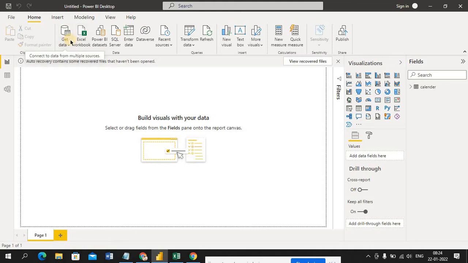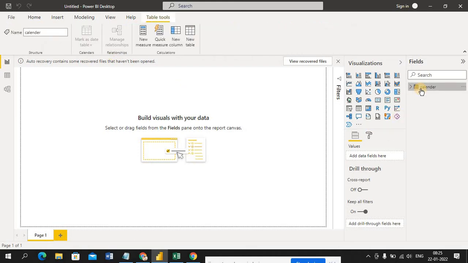We are discussing here whichever we need in real time. Things which are important I will discuss, the rest you have to find out. If you have any doubt in that, just come back to me and I'll clear it. Okay, so I gave the name Calendar. Okay, new table.